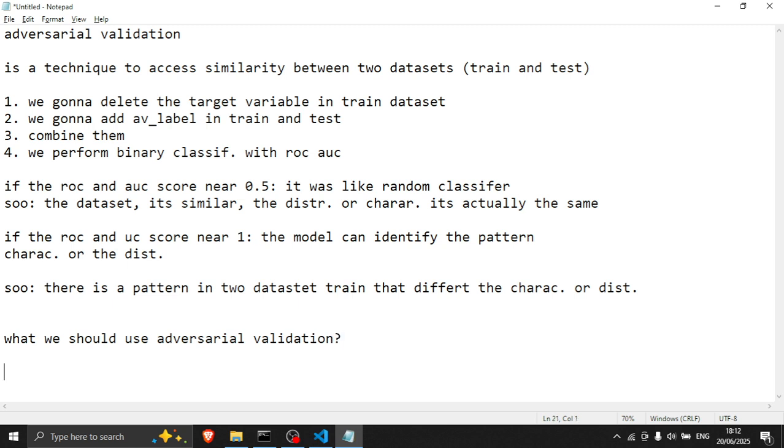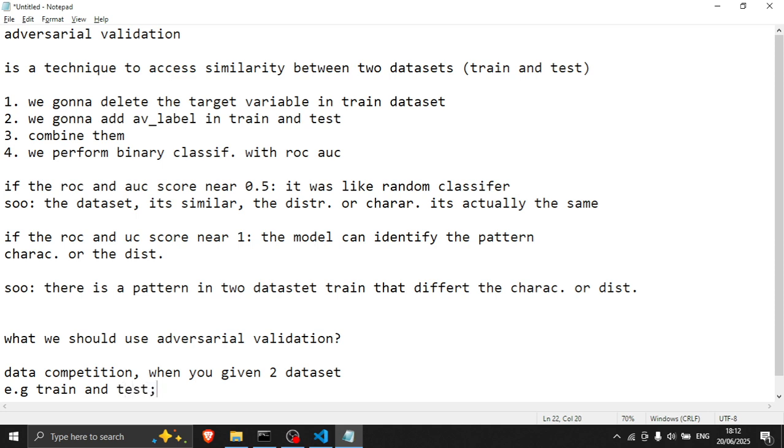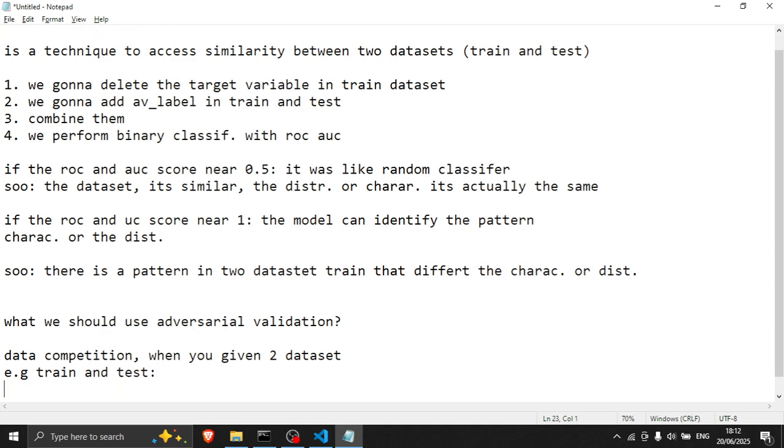This method is commonly used in data competitions when you are given two datasets, for example, train and test, and you do modeling, predicting the test with the training dataset.